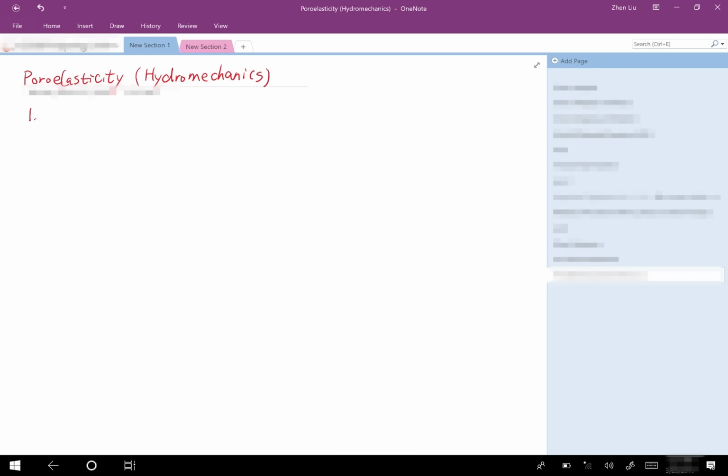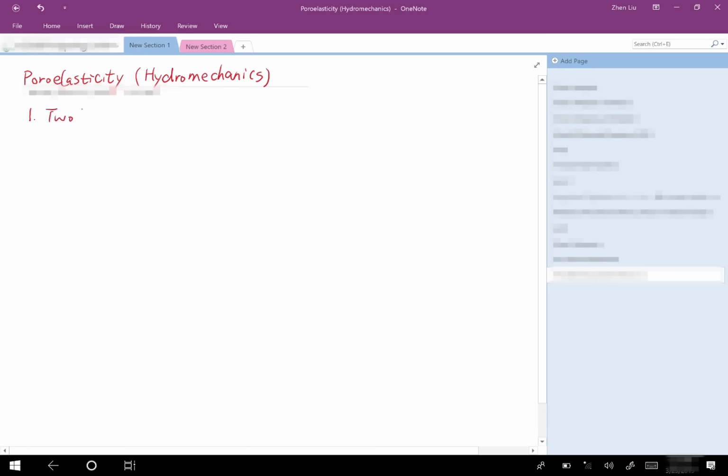So poroelasticity. First we do it in the same way as we did in the past one for thermomechanics. So you can see now it's hydromechanics. It's very similar. So I'm going to talk about the couplings first. And in the previous one, we said that the complete coupling is the two-way coupling, but we just did one way. We just did the coupling from thermal field to mechanic field. For the opposite direction, we did not do anything. We said that one is less common, right? So for this one it is two-way couplings,